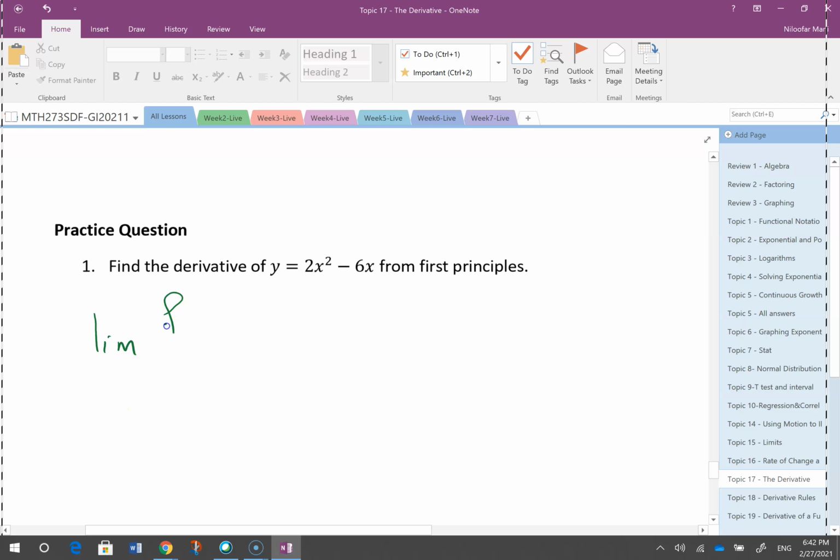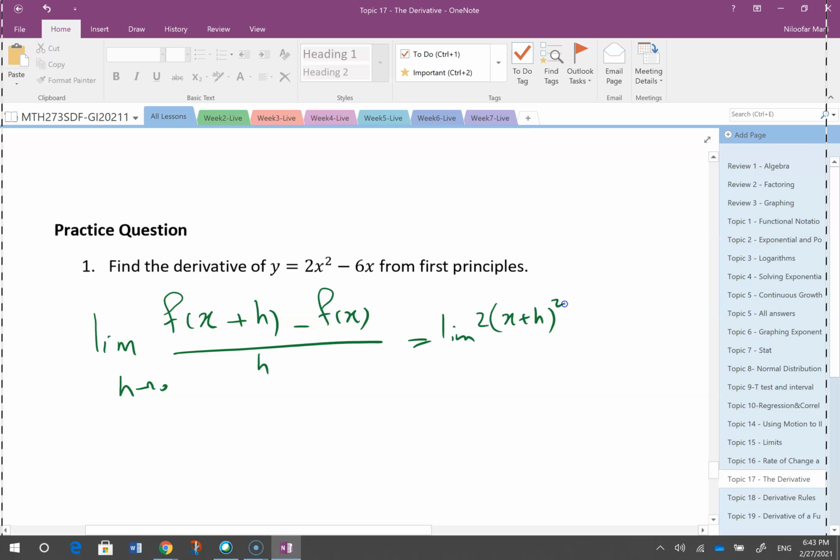Limit f of x plus h minus f of x over h goes to 0, which is limit 2 times x plus h squared minus 6 times x plus h minus,